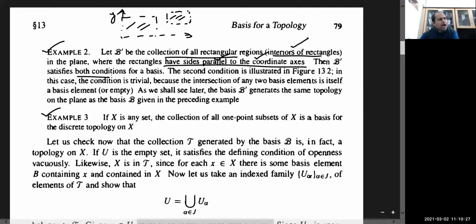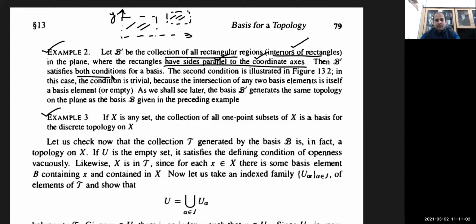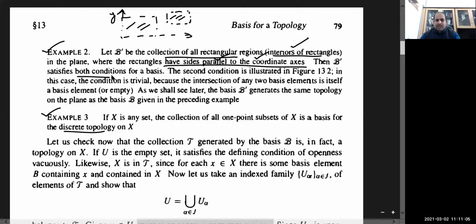I told you how to form the discrete topology. The discrete topology is basically the collection of all possible subsets of X, on any non-empty set. In the starting of the class, I told you that there are always two topologies on any non-empty set. One is the discrete topology and another is the indiscrete topology. I am talking about topology, not metric. There is a difference between discrete topology and discrete metric. Most people think that both are the same. No, both are not the same. The discrete topology is basically your power set.